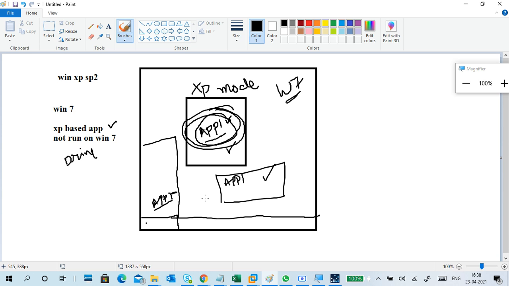You're seeing an application, working in it, creating a document or anything, right? But actually, it is running in your XP Mode. So this is called application virtualization and desktop virtualization. Both are enhanced things, desktop and application. This is one mode you can tell about desktop virtualization. XP Mode is one part.